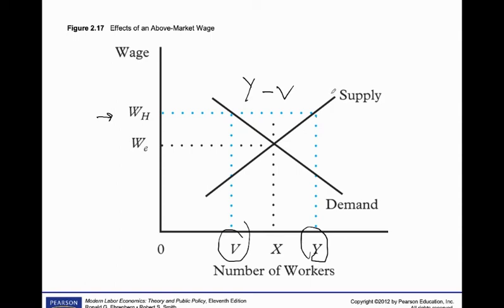If the labor market is flexible, the market would take its course to adjust the wage rate back to the equilibrium point WE. A minimum wage policy would trigger this situation. When government introduces a minimum wage policy, we can now replace WH with W min to indicate minimum wage. So this is equal to WH. Government would introduce the minimum wage when the equilibrium wage is too low for workers in the economy.